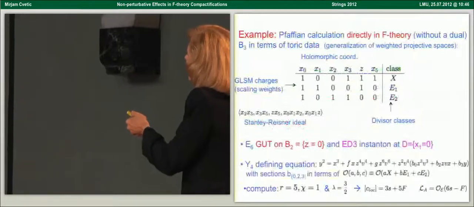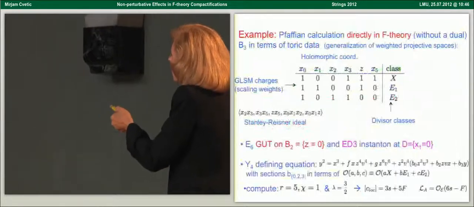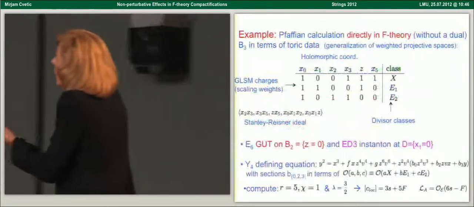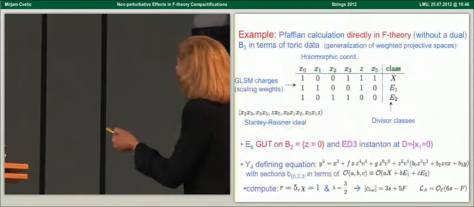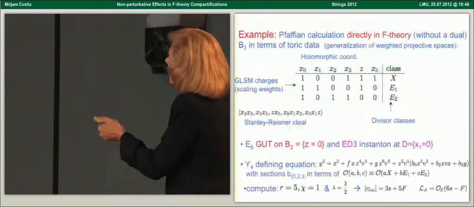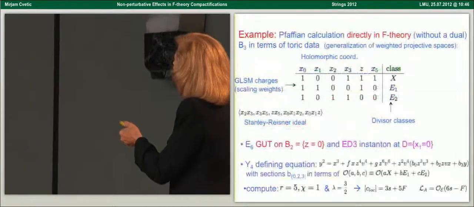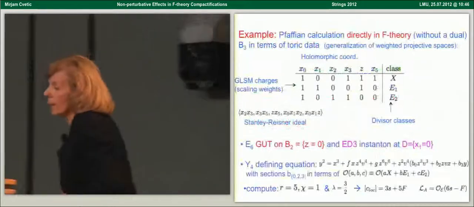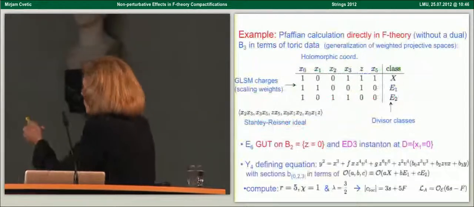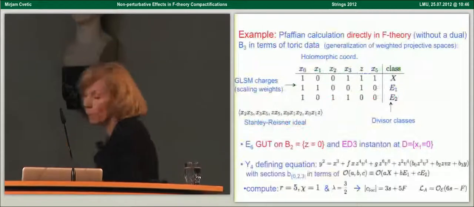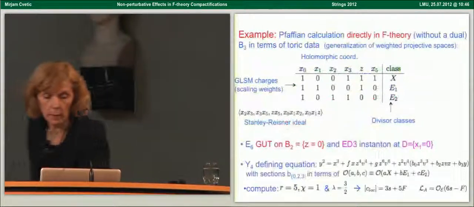And it's those sections that depend on complex structure 7-brane moduli, the sections B0, B2, and B3, that can now be directly determined in terms of the toric data and corresponding canonical